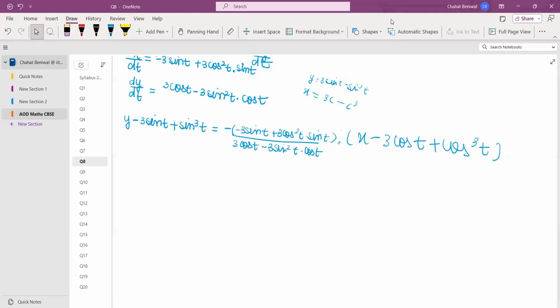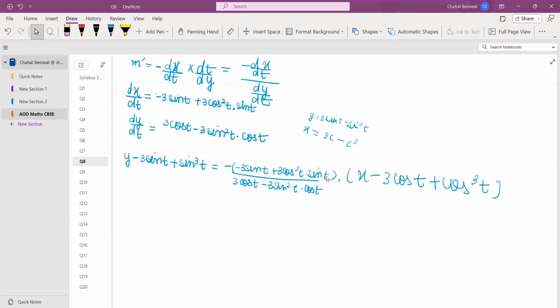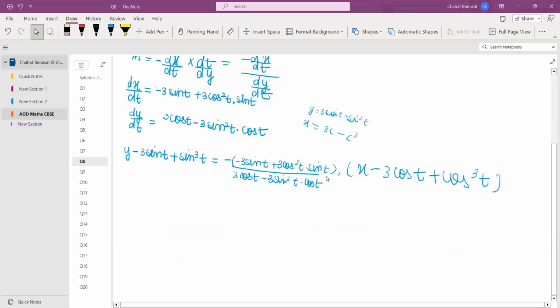Let me just solve. I don't think this is going very well because it's very long. I think we have to somehow simplify it because this is not going to work like this. Let us try to simplify